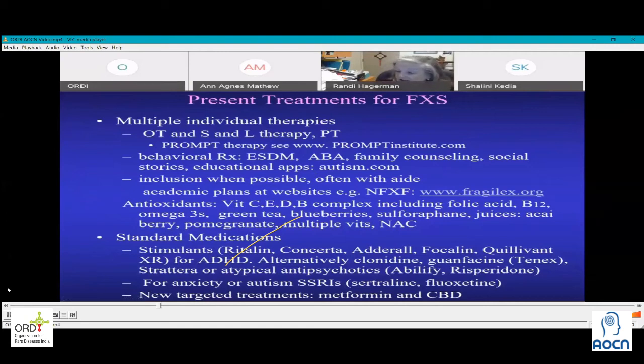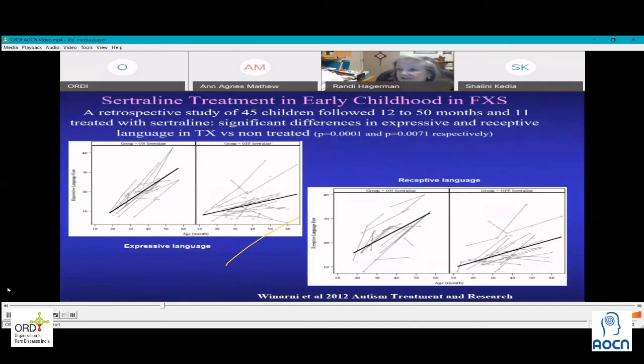We usually use SSRIs such as sertraline or fluoxetine, but I'm going to talk about new targeted treatments today, including metformin and CBD or cannabidiol in this talk. I want to mention that sertraline has also been helpful in Fragile X syndrome. This is an SSRI or selective serotonin reuptake inhibitor. In a retrospective study that we did looking at those patients on sertraline compared to those patients off sertraline, on the left, as you can see, expressive language trajectories were much better when they were treated with sertraline early on,